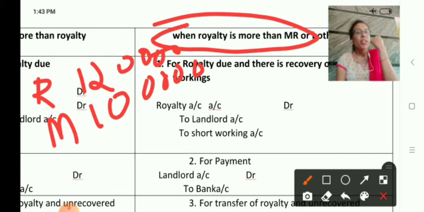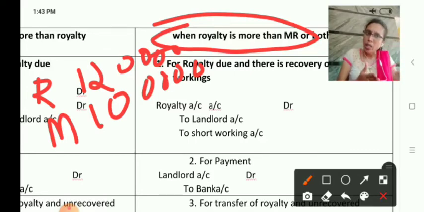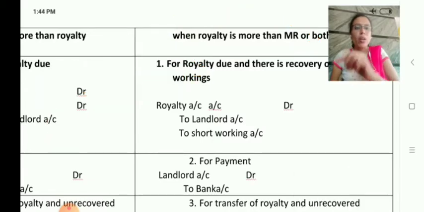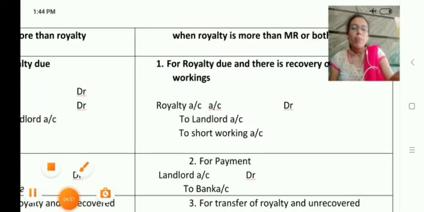If the landlord permits, then we can recover for the previous short working, right? Assume that in the example, the actual royalty due is 1,20,000. Out of that 20,000 we are deducting for the short working and we are paying only 1 lakh. Now the entry will be, see here,